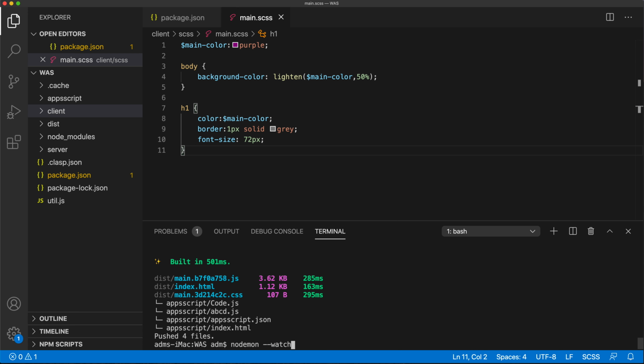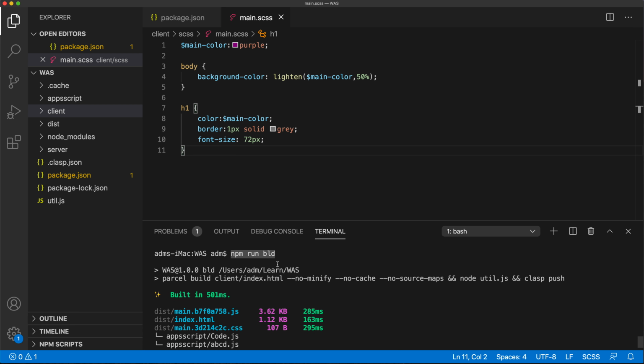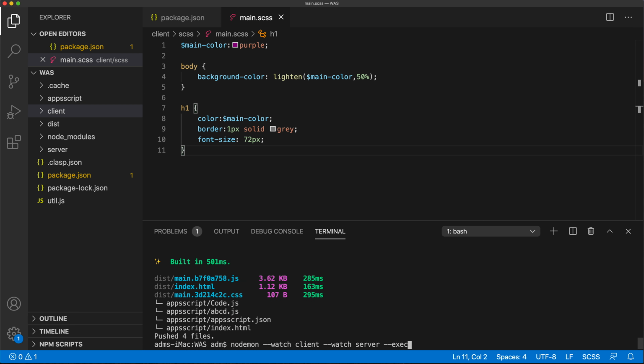I'm going to use the watch flag first to watch that client directory. And then I'm going to do another watch flag to also watch that server directory. And when changes happen to any of those, I would like to run that command that I just built, npm run bld. And for that, we're going to use the exec flag. And in quotations, we're going to pass, that's not the right command,